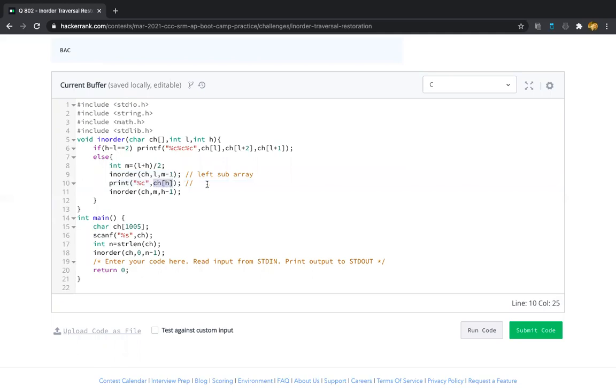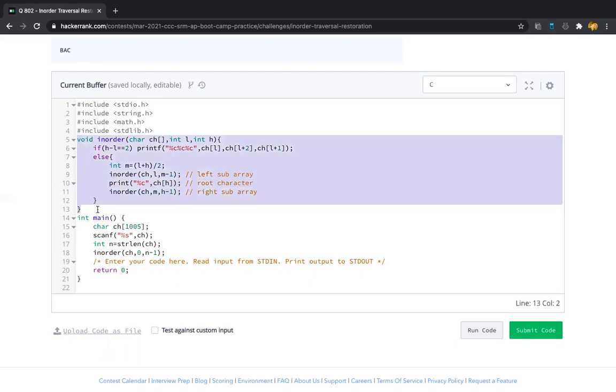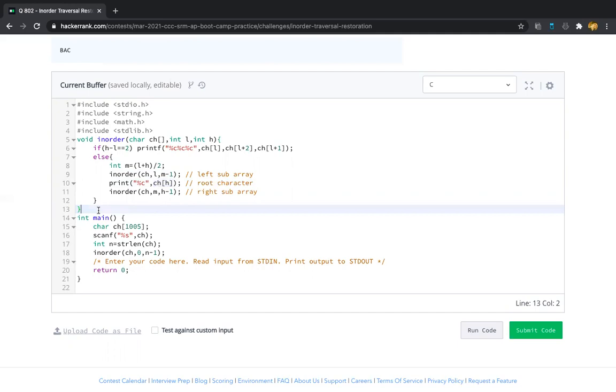At the h index only the last character exists. That is the root value, the root character. After that, we consider the right subarray. That's it. This recursive function will keep iterating until the in order traversal is printed.